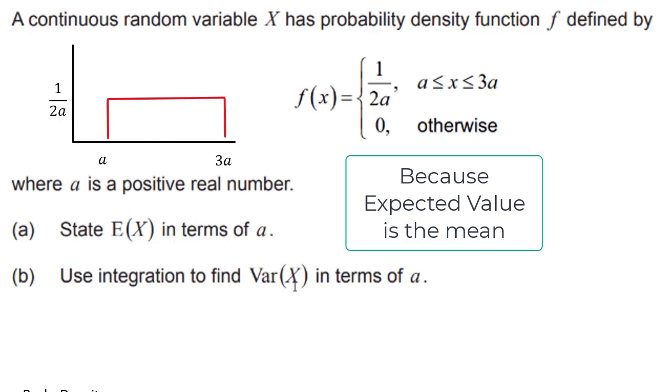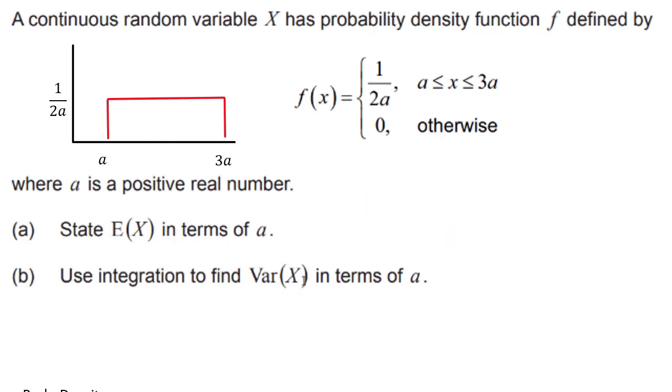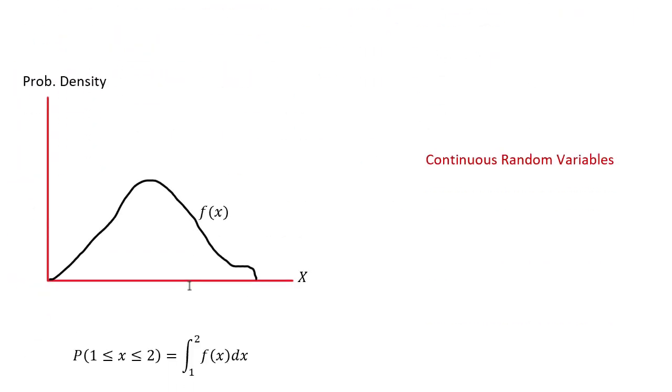Then it says use integration to find variance in terms of a. So this one is the final formula that is in the formula book, which is this formula here. Mu squared, mu is the expected value, the mean. And then we just do this integration, x squared times the constant 1 over 2a. Do the integration and you get the answer. Lastly is going back to here,